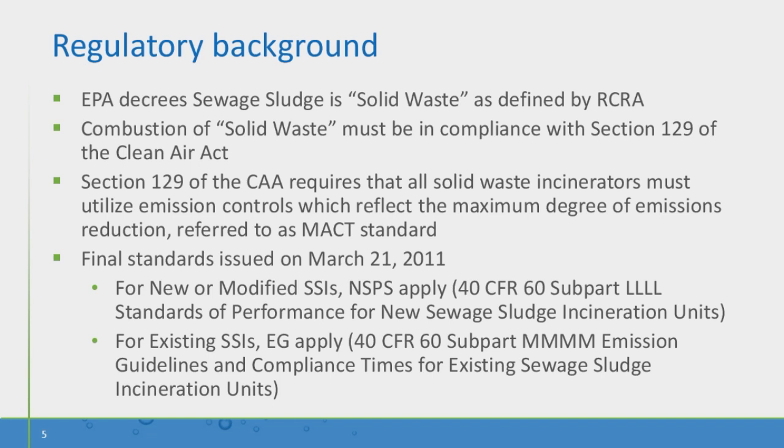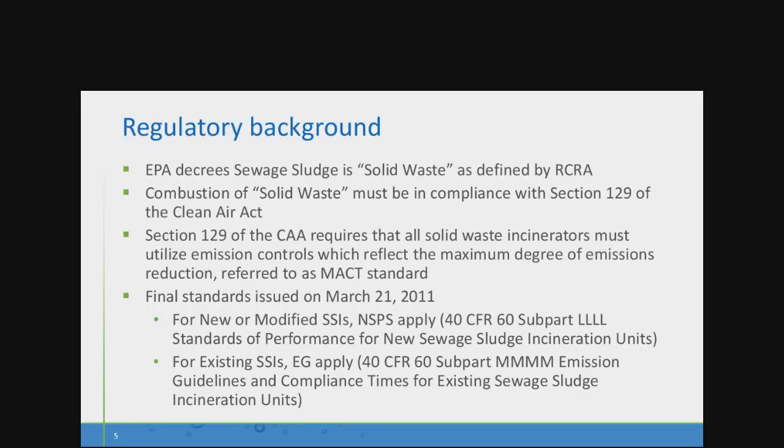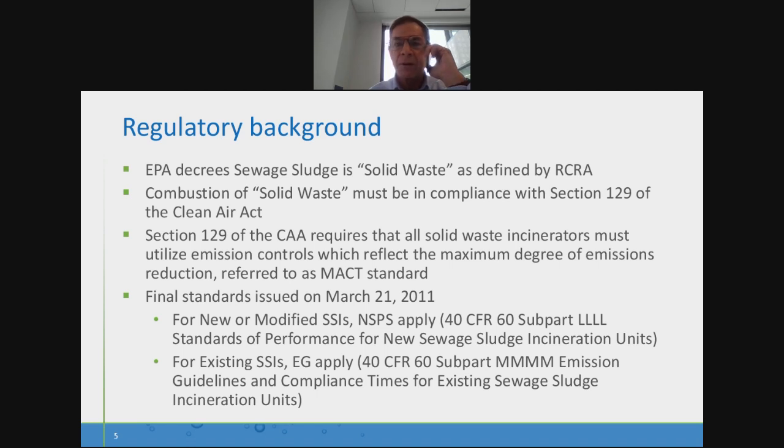Okay. So some background on project drivers. Basically twofold. One is regulatory, and the other is maintenance because of the aging equipment. So a little background. Up until around 2007, sewage sludge incinerators were not regarded as solid waste by EPA. So they are regulated a little differently, under Section 112 of the Clean Air Act, due to lawsuits brought by environmental groups,